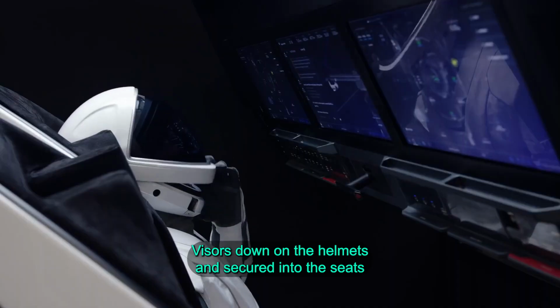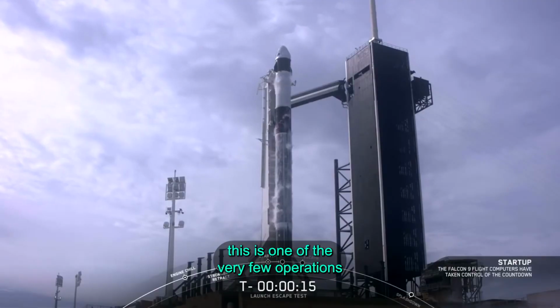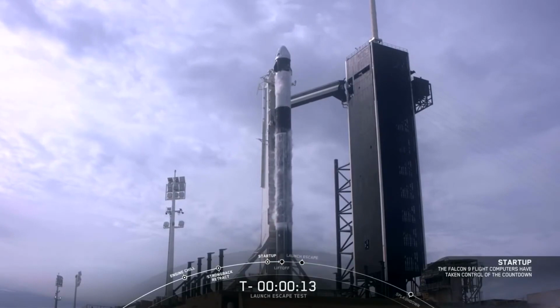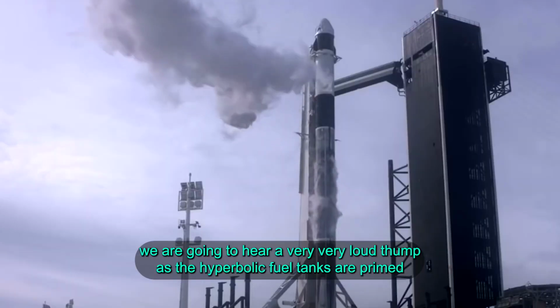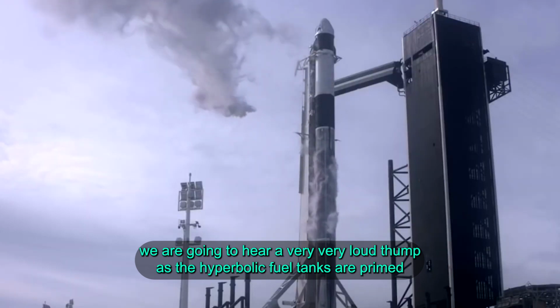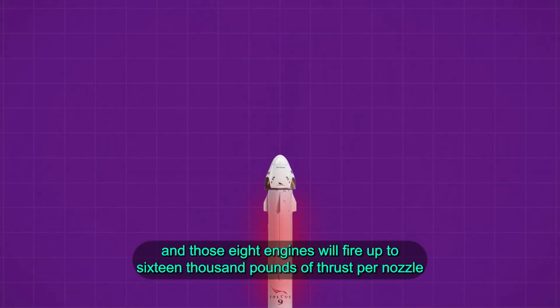Visors down on the helmets and secured into the seats, we need to arm the launch escape system. This is one of the very few operations that has to be done from within the capsule. We are going to hear a very loud thump as the hypergolic fuel tanks are primed for the Super Draco engines. If SpaceX detects any kind of anomaly in the Falcon 9 booster on ascent, then those 8 engines will